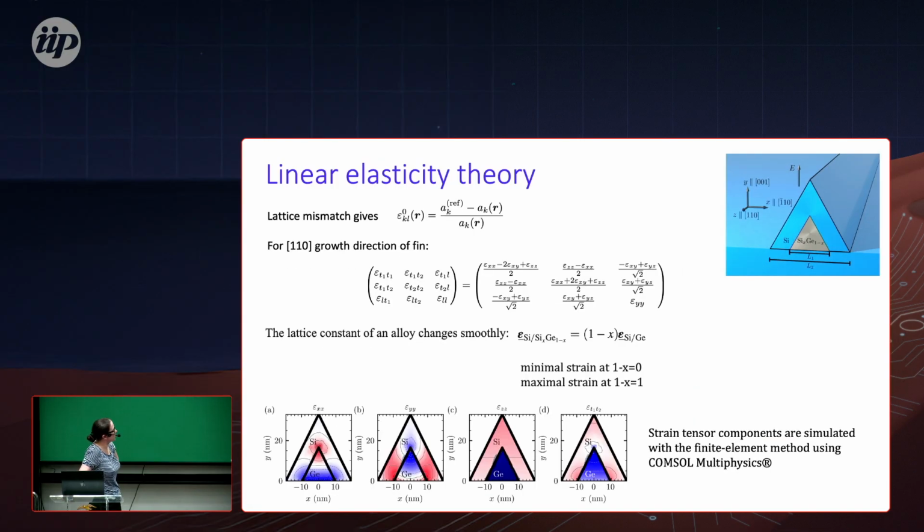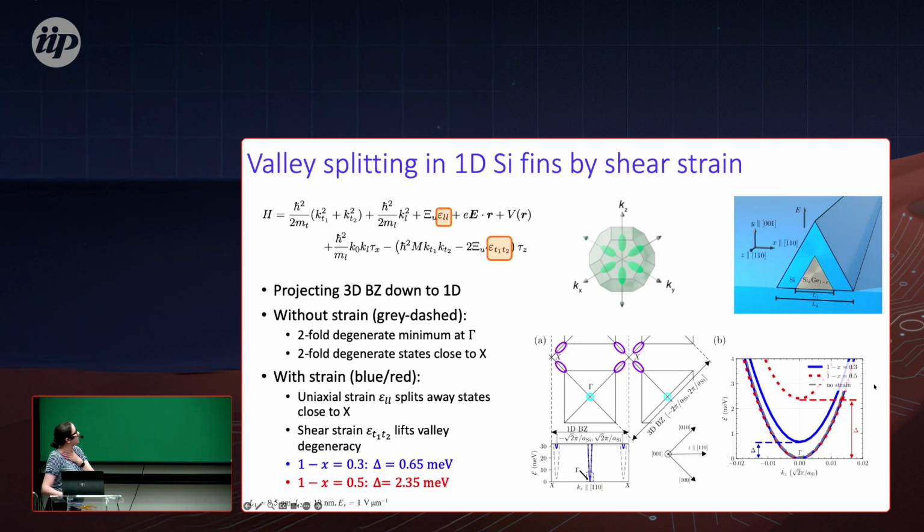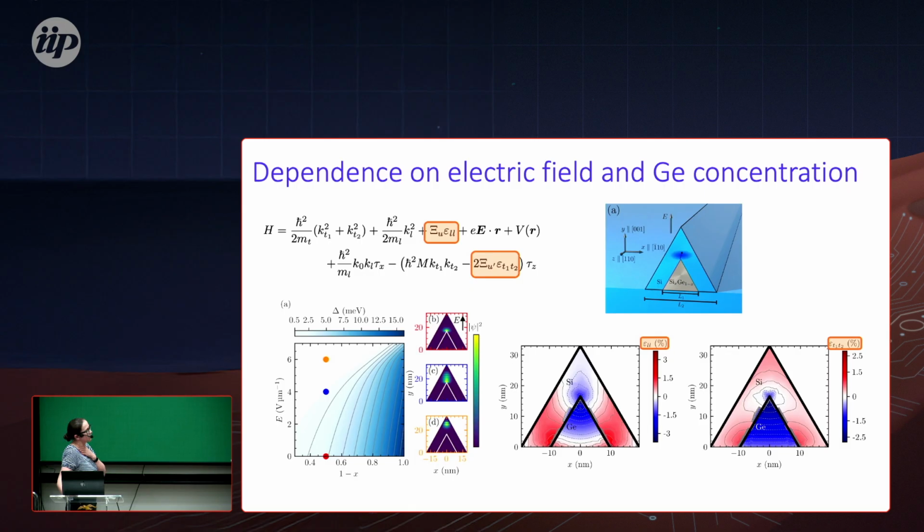And these are the kinds of calculations we do. We do it numerically with COMSOL. There are different strain tensors. And what is interesting in this geometry is that we have shown that we can indeed generate the lifting of degeneracy by strain. And what is also really surprisingly useful is that our electron wave function exists exactly at the point where this degeneracy is lifted. Because when you introduce strain, your space is non-uniform, right? You would see that longitudinal strain would localize our wave function exactly at this angle. And also exactly at this point, we have the highest tension.